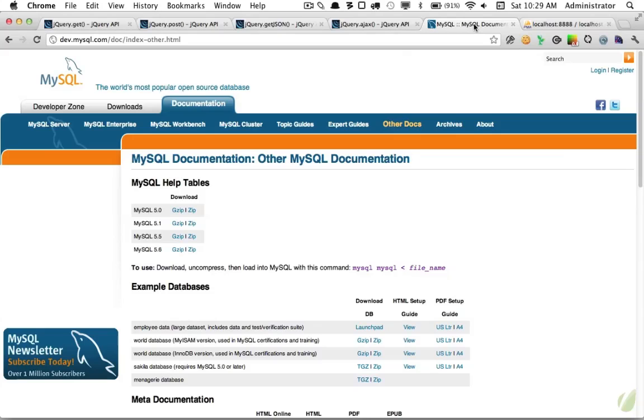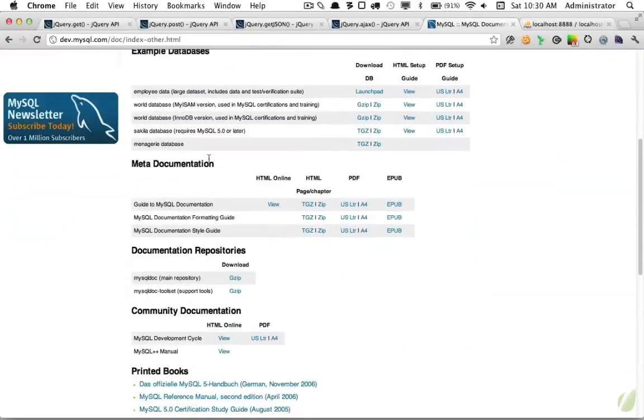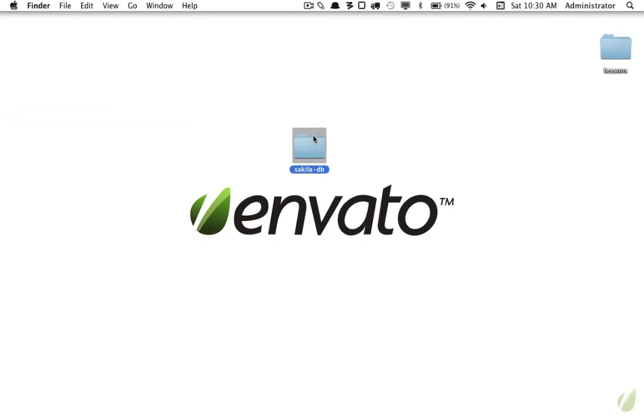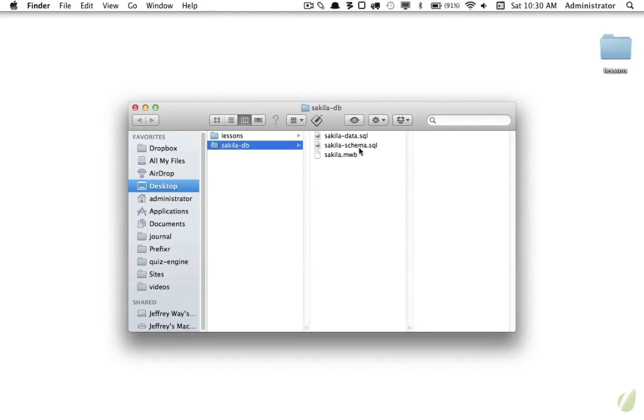So we're going to be working with a MySQL database, and the MySQL.com website provides lots of sample databases. So in this case, we're going to take advantage of the Sakila database, at dev.mysql.com/doc/index-other. All right, so let's just download the zip file right there. That's going to download to my desktop. Here we go. I'll open that up, and what we want to do is import the schema and the data